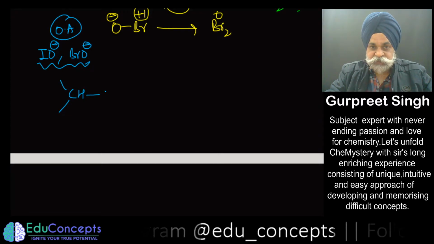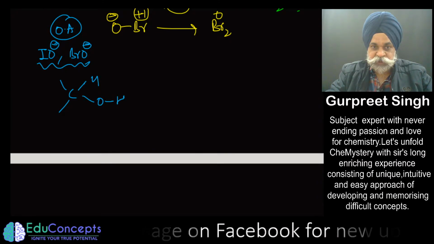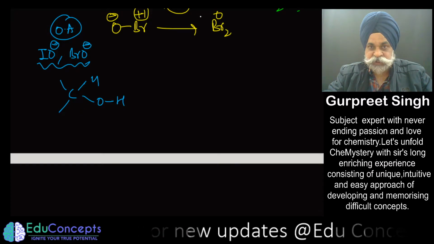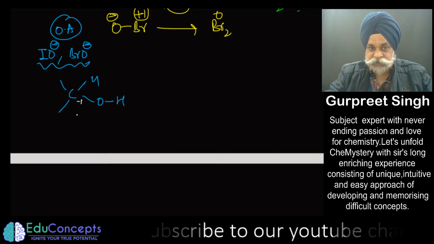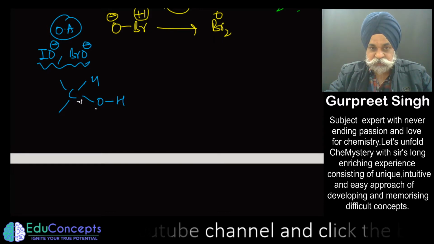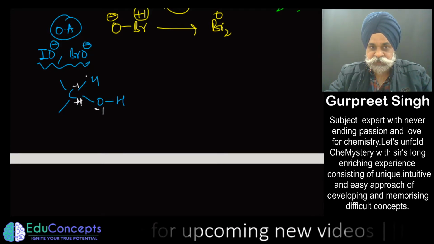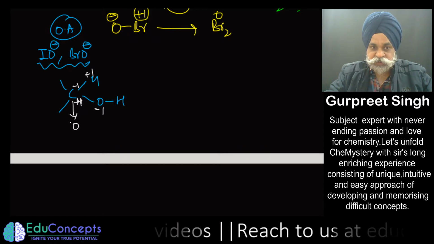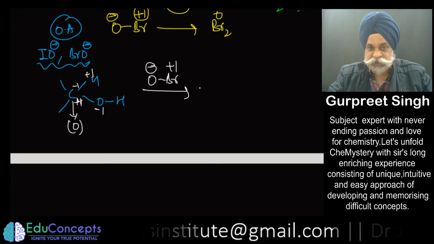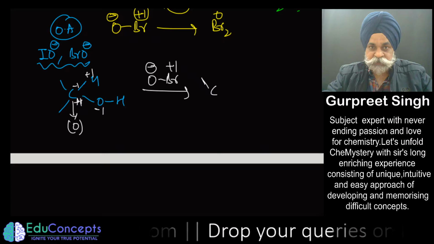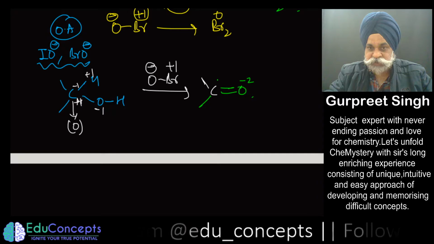say for example, a secondary alcohol. Just see here, if you are being given a secondary alcohol, what is the oxidation state of this particular carbon? The oxidation state of this carbon here is +1 from this bond and -1 from this, and here it is -1, this is +1. So this is in zero oxidation state, and OBr is in +1 oxidation state. So this alcoholic part would then change into keto group. So in the keto group, this is -2, this is +2.